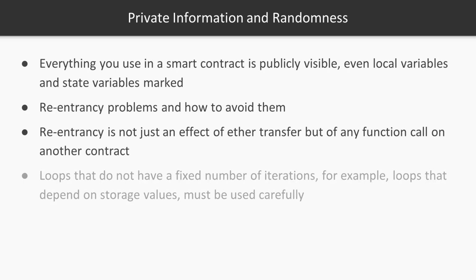Gas limits and loops that do not have a fixed number of iterations, for example, loops that depend on storage values, have to be used carefully. This is due to the block gas limit. Transactions can only consume a certain amount of gas. Either explicitly or just due to normal operation, the number of iterations in a loop can grow beyond the block gas limit, which can cause the complete contract to be stalled at a certain point. This may not apply to view functions that are only executed to read data from the blockchain, but still, such functions may be called by other contracts as part of on-chain operations and stall those.